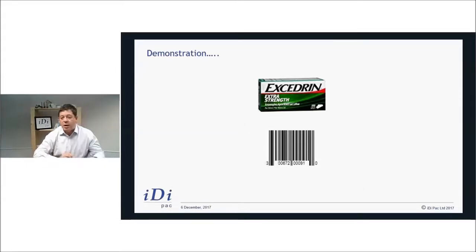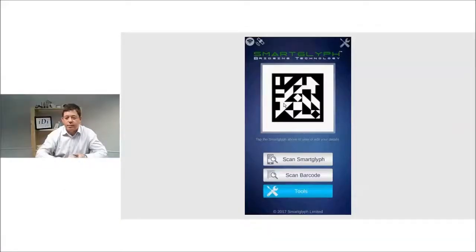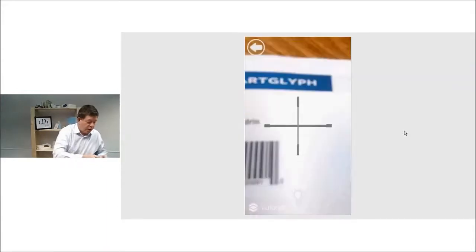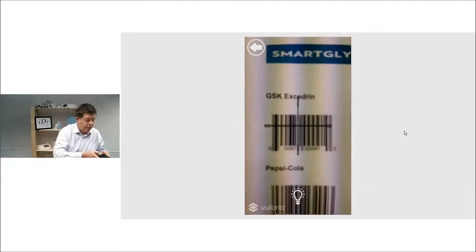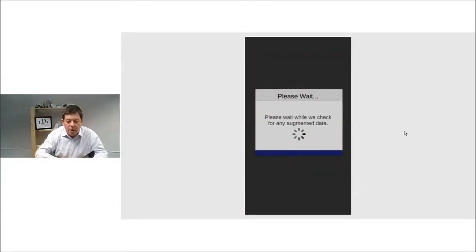You're now going to see my cell phone. So what I have here is the system. I'm going to say to it, we're going to now scan a barcode. I'm going to show you firstly the pharmaceutical version. So the phone is scanning the retail barcode, and hopefully you're now going to pick up some of the...